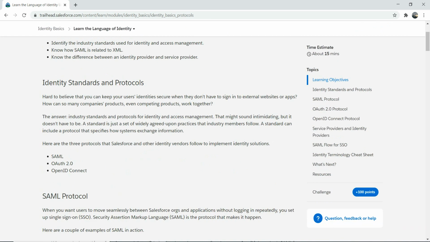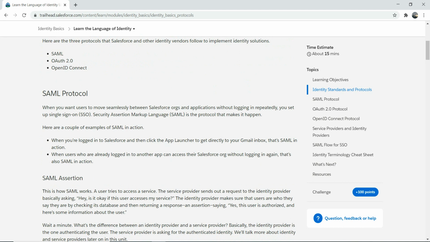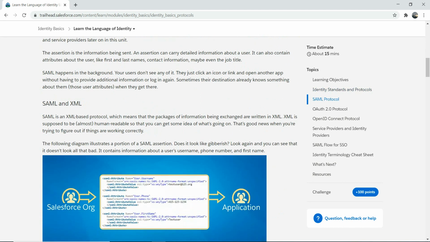So we have two protocols. We're going to talk about SAML first. SAML is usually very handy when you're talking about single sign-on. It stands for Security Assertion Markup Language, and it's similar to XML. Behind the scenes, the SAML assertion takes place when there's a handshake between the service provider and the identity provider. What happens is that they send something like this,